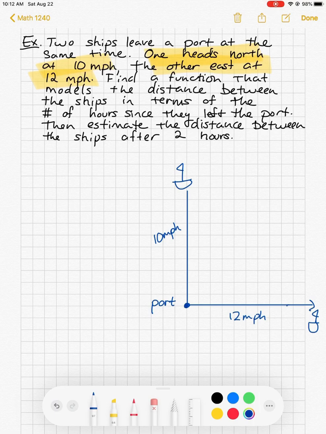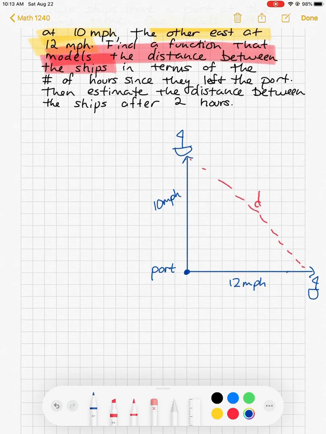Find a function that models the distance between the ships. So I guess we're looking for that distance in terms of the number of hours since they left the port. Okay, so let me see what I can do with that. I'm interested in modeling the distance between the ships. So let me start by asking, what are the distances that each ship has traveled? Well, I have to start with something. So after t hours,